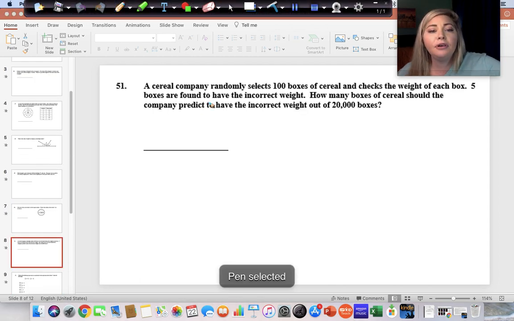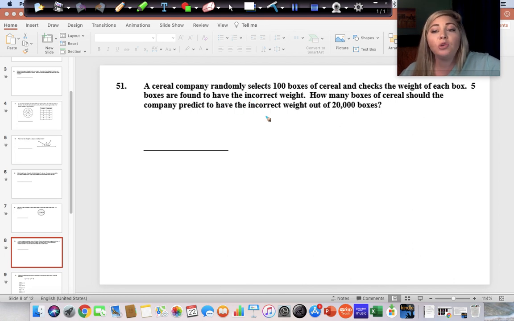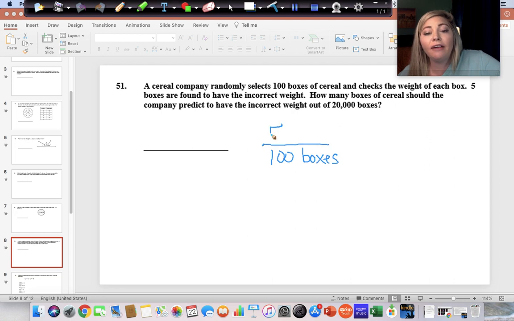A cereal company randomly selects 100 boxes of cereal and checks the weight of each box. 5 boxes are found to have the incorrect weight. How many boxes of cereal should the company predict to have the incorrect weight out of 20,000 boxes? Okay, so if we've got 100 boxes total that we're originally talking about, and 5 of those boxes are found to have an incorrect weight,